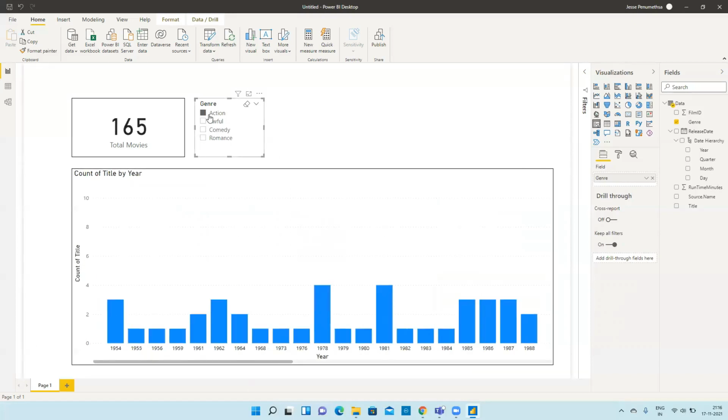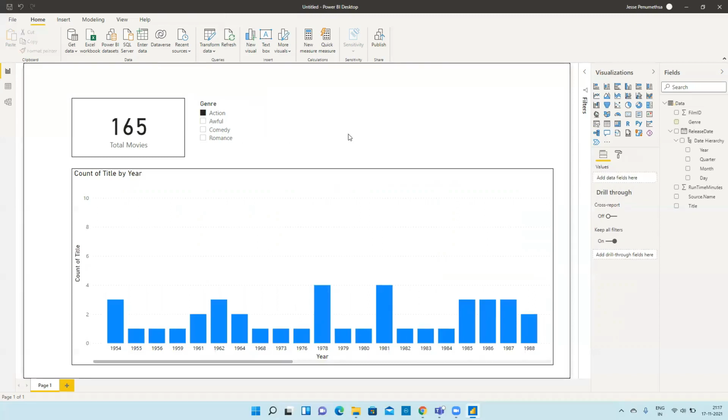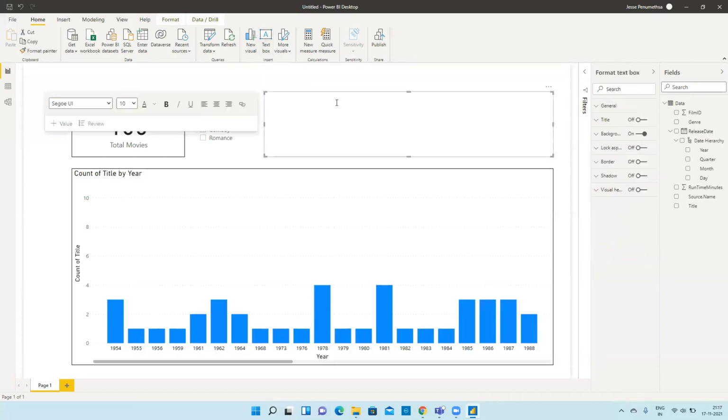Now, let us imagine we are creating bookmarks for only action and comedy films. Right now this page is for complete action movies because I have selected action. Total movies is 165, and this split is with respect to action movies. So this page heading I can give as action movies.